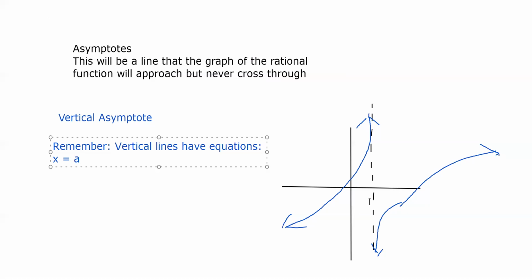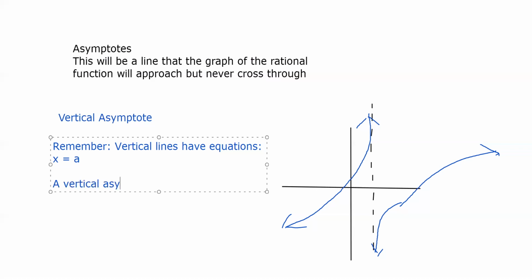So when we know we have a vertical asymptote, we can write out the equation of that vertical asymptote itself. It could be x equals 3. It crosses the x-axis at 3, and it's a vertical line. So remembering that that's the form of vertical linear equations, x equals some constant,